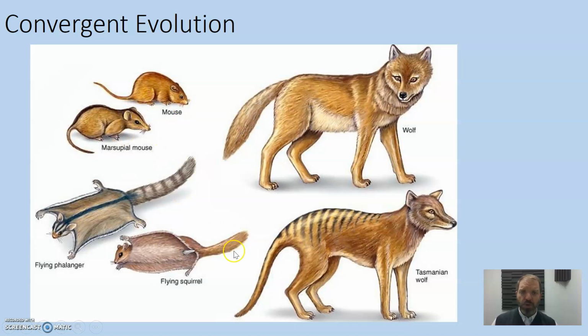Now, all of these are mammals, and so they're related in some way, but the wolf and Tasmanian wolf or Tasmanian tiger are really quite different, this one being a placental mammal and this one being a marsupial. Same with the marsupial mouse and the regular field mouse. So they're actually very distantly related and don't have a recent common ancestor, but have very similar features, because the selection pressures on the wolf and Tasmanian tiger, even on different continents, were quite similar. And so they can be quite similar in appearance, even if they don't have a recent common ancestor,